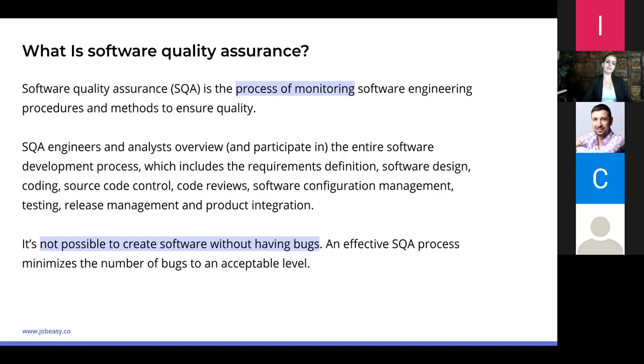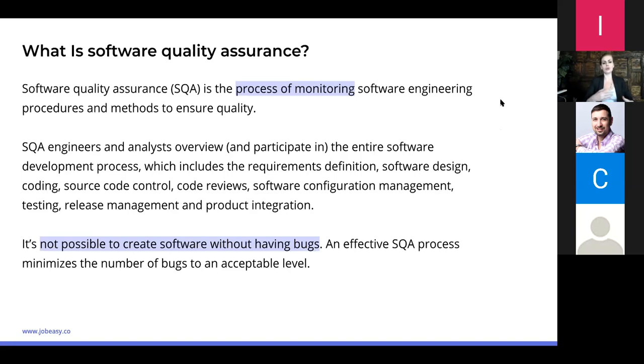They participate in the requirements definition when we're just getting ready for some product or some new functionality. We participate in software design because we review the designs, we prepare our tests. We participate sometimes in code reviews, software configuration management, testing, of course, and then release management and product